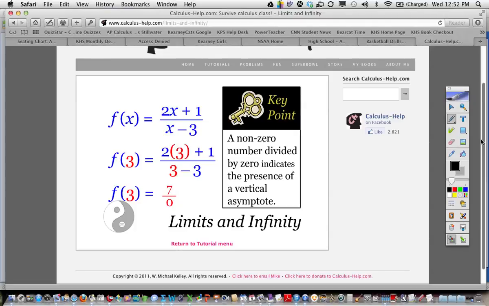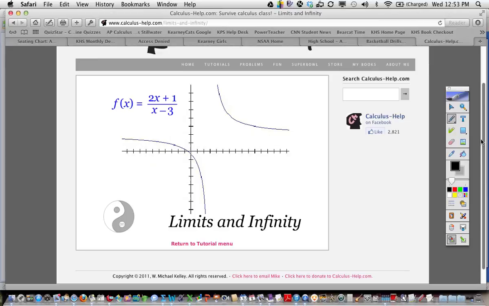In fact, whenever you substitute a number into a function and get a non-zero number divided by 0, it indicates the presence of a vertical asymptote. And this holds true for this function. Let's take a look at the graph of f at x equals 3. Well, remember, an asymptote is a line which a function cannot reach. Here we have an asymptote at x equals 3, because when we plugged 3 into f, we got a constant divided by 0. Now, by examining the graph of f, we can see that the limits as x approaches 3